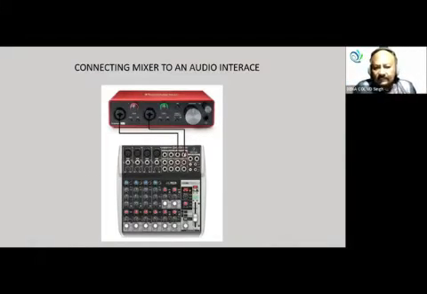See, this is how it is connected. The main output from your mixer, left and right, both go into the digital audio interface. These are analog signals, which means they are continuous signals getting into it. And to control their input, you have a knob to control the gain, so that your signal doesn't become distorted